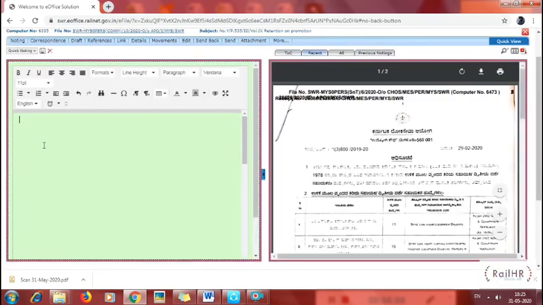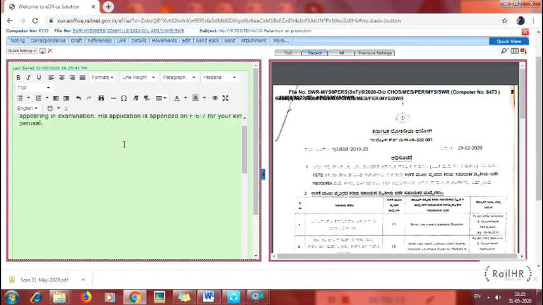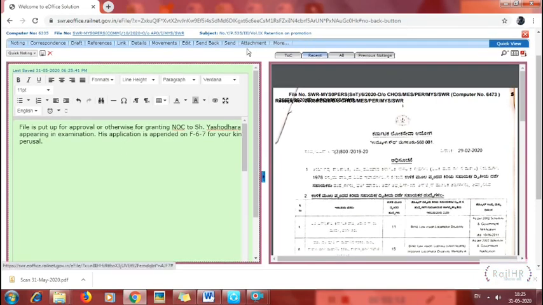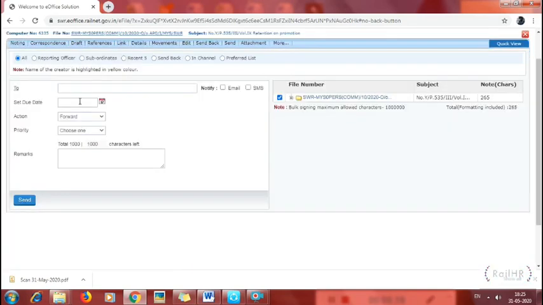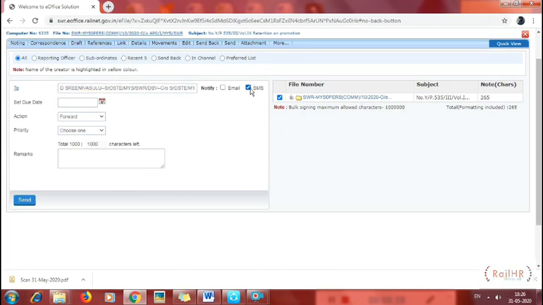Now when the folio side is ready, we have to write the relevant noting to the relevant competent authority who is authorized to give this approval. Here in this case, we have to write to the senior DST. So let's write the relevant noting and then send the file to the senior DST by pushing the send button. Here we will look for the ID of the senior DST and it will automatically fetch from its database the right address. Then we just need to press the send button and our work is done.